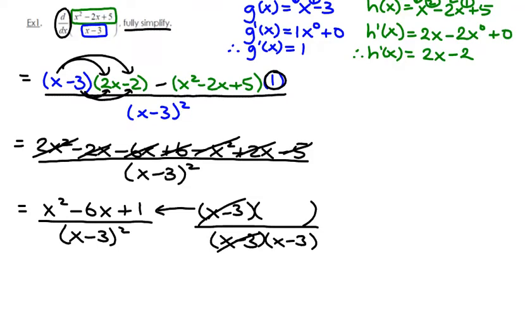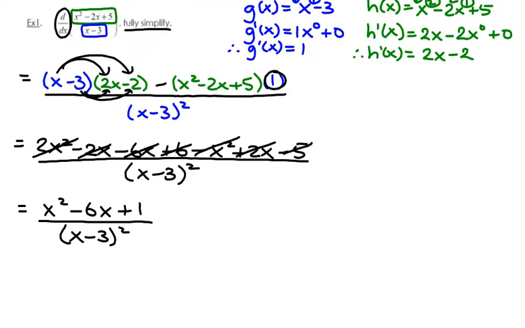I can simplify further. However, it actually doesn't look like I can find anything that multiplies to 1 and adds to -6. So I actually don't think the top is factorable at all. That means I'm going to get rid of all this, and that is my final answer for my derivative,